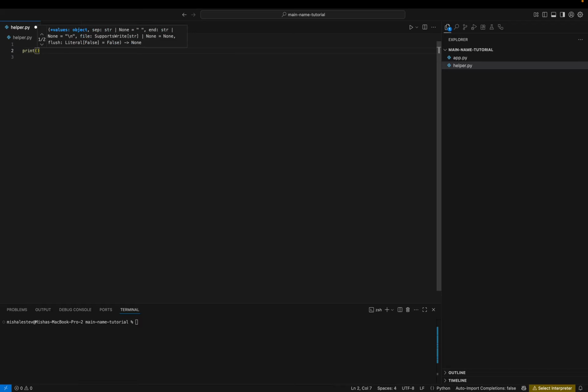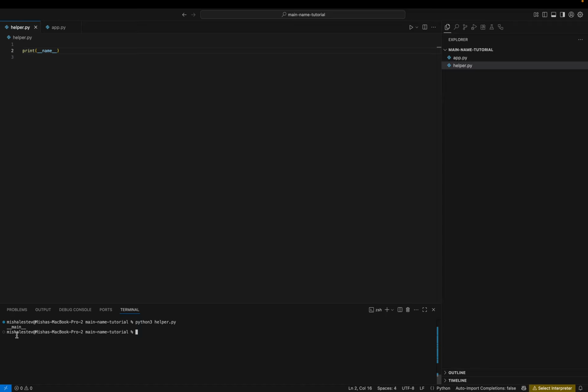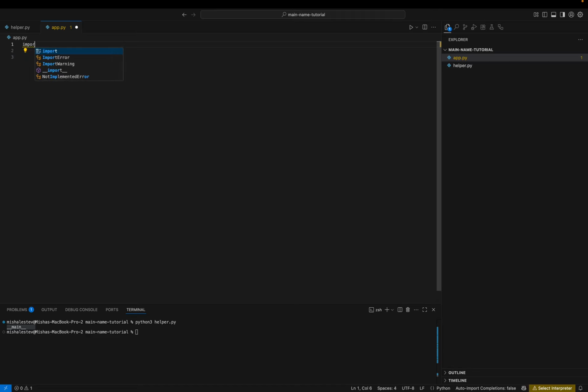Alright, let's print dunder name, and dunder just means that there are two underscores at the very beginning and at the very end of the variable. And so when I run this helper.py, I get dunder main, which means that this script was executed directly from this helper.py file. Now if I import this helper file,